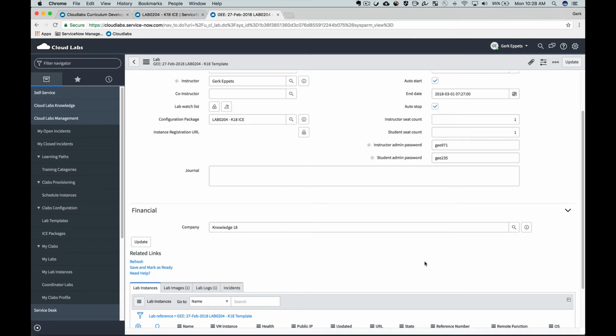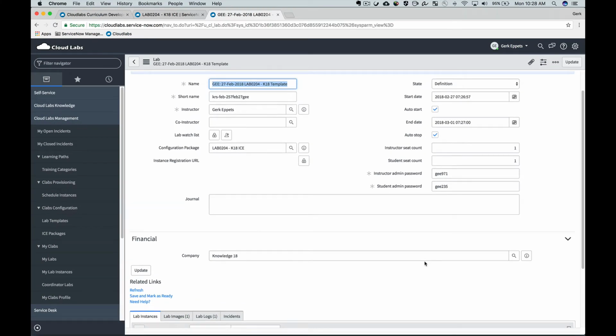Once you do, then the lab should start up right away, depending on the date and time. The reason for this is I don't want to generate lab records and have them just automatically launch when maybe there's some other configuration you need to do. So save and mark as ready, and then it'll launch. As we go through the process and you've made some changes to your ICE package, you need to retest it, terminate the labs that you have running, and go through the process of scheduling instances once again